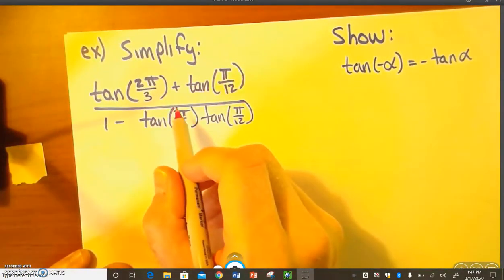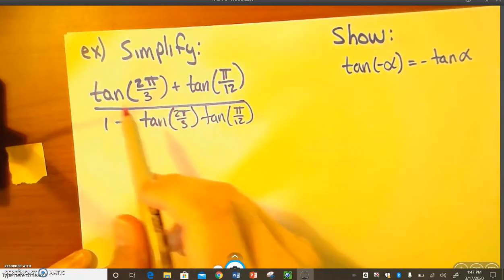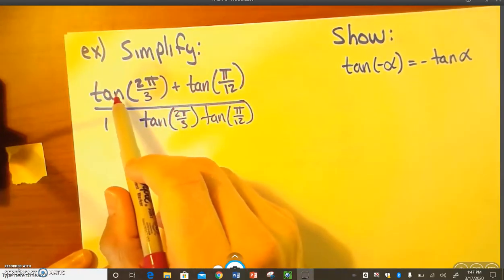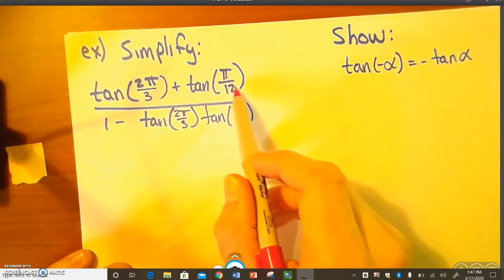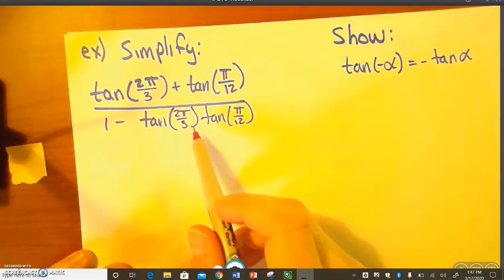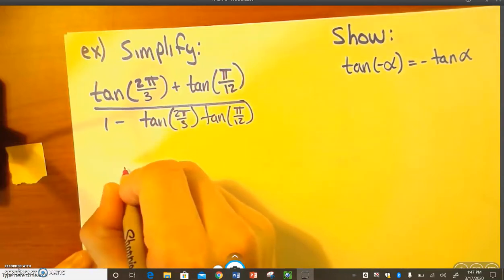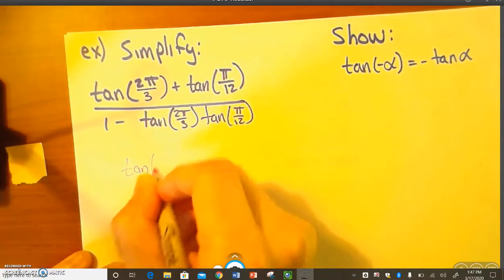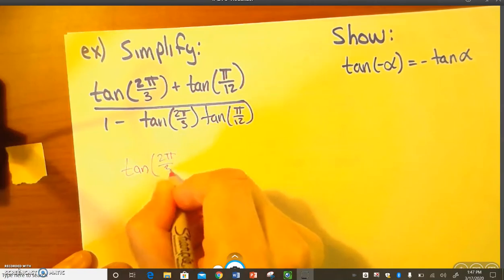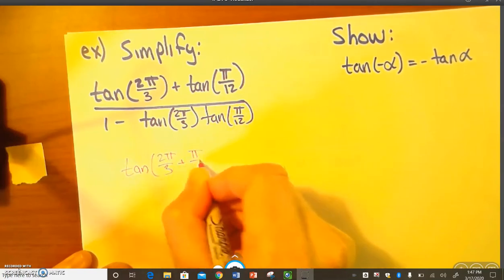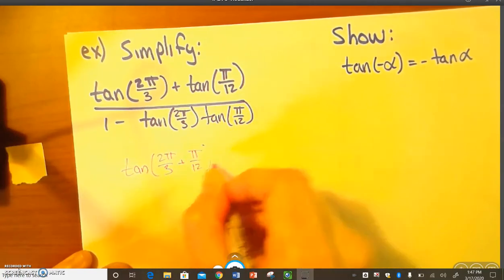So here we have an expression where it's simply simplified. So we have tangent of an angle plus tangent of a different angle over 1 minus the product of the tangents. So you're going to probably recognize that it is,